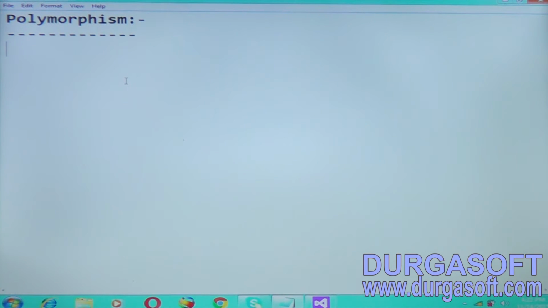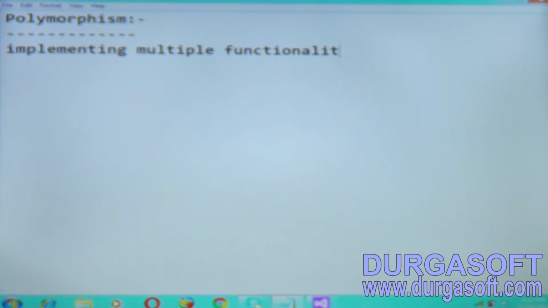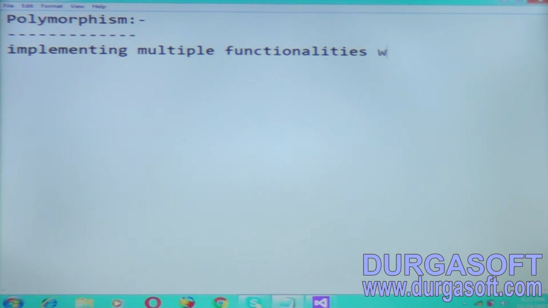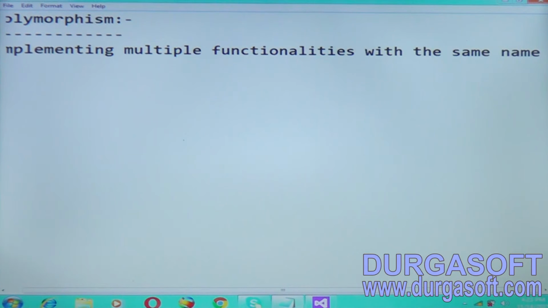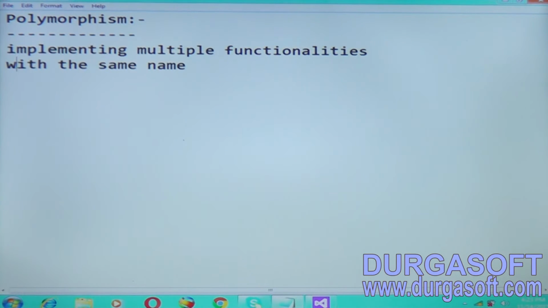That means if a method is there in a class, we can implement multiple functionalities with the same method. That is called polymorphism.